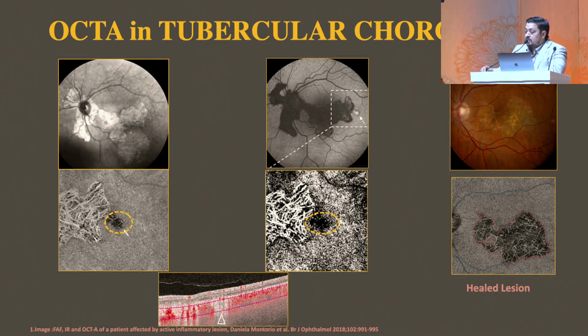So another entity which is very common in our countries, which we are endemic to, is serpiginous choroiditis. So we do understand that we see those yellowish white lesions as the active form, but when they do an OCTA, how do you see them? These areas which are circled in yellow are the flowoid areas with certain hyperreflectivity around them. So when the disease resolves, you see an OCT which shows atrophy.